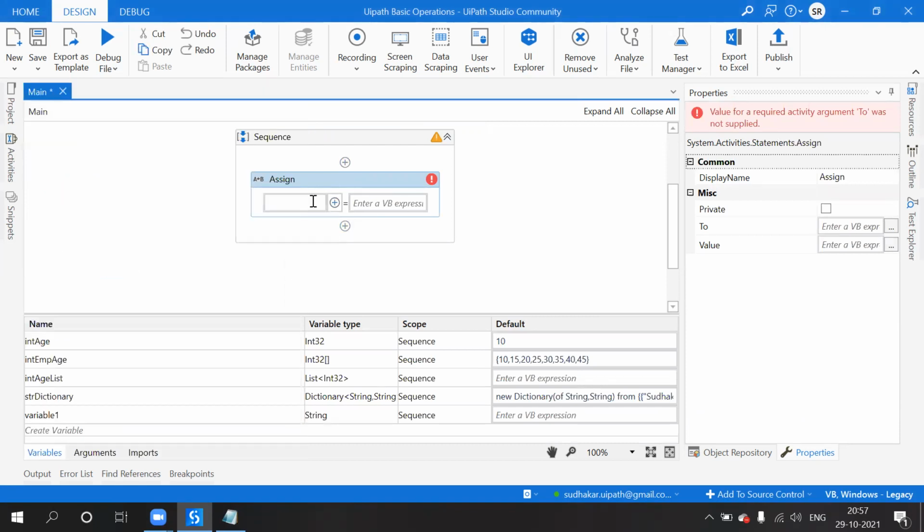So I want to declare a variable. What is the shortcut? Control K. Here I am going to define an integer dictionary.